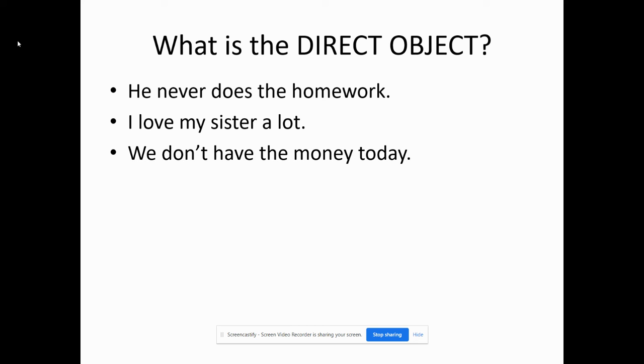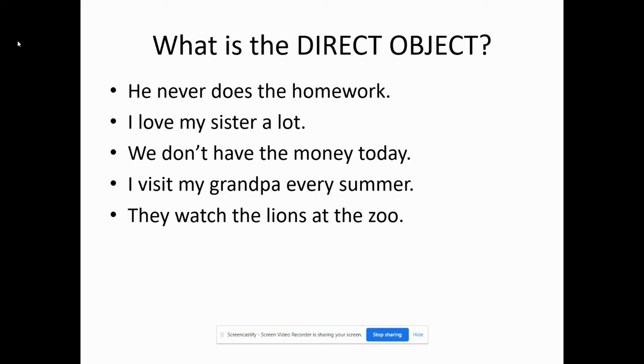We don't have the money today. We have, and it's negative, of course, what? Money. There's my direct object. I visit who? Grandpa. Grandpa is my direct object in that sentence. They watch the lions at the zoo. They